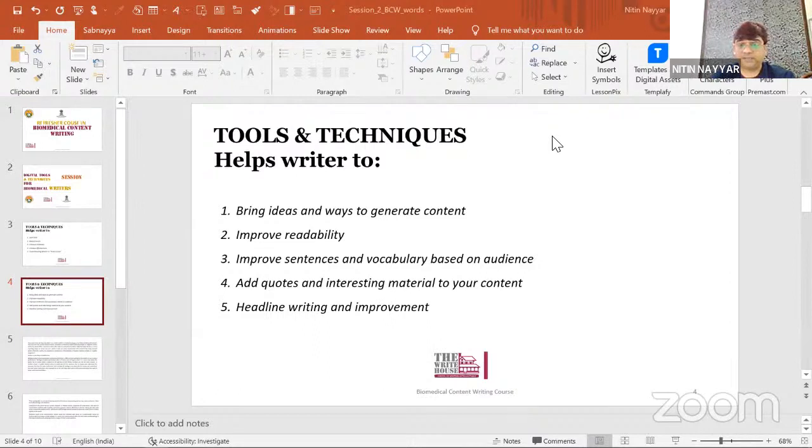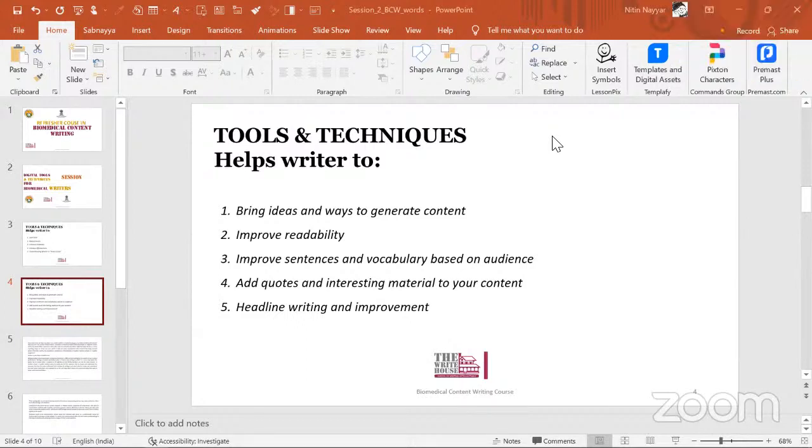The complete beginner's guide to blood cancer. How to cheat at blood cancer and get away with it. The simplest way is to make the best of blood cancer. So these are the ideas or titles which you can modify, and this tool will help you in making those headlines or ideas to write on. And if you have some particular topic, you can write here. Suppose you're working on artificial